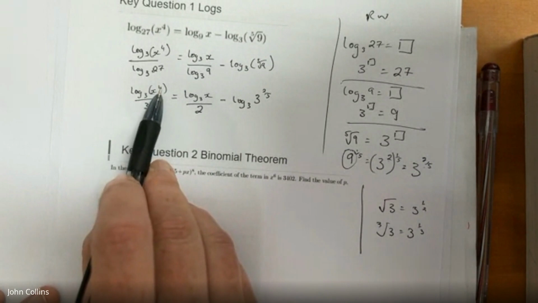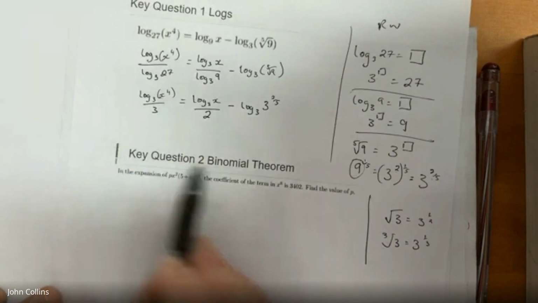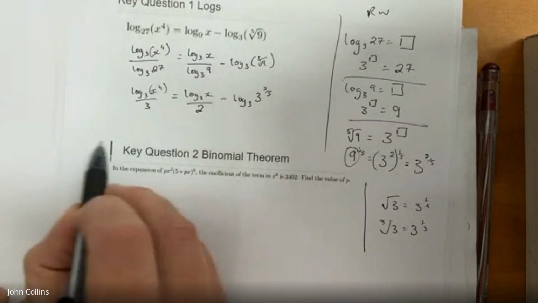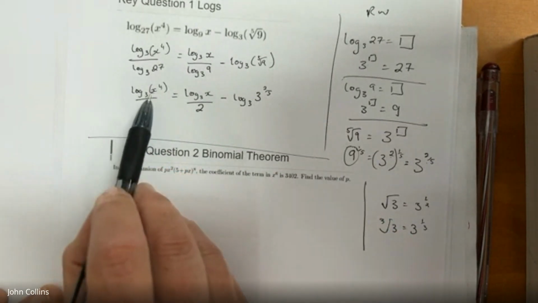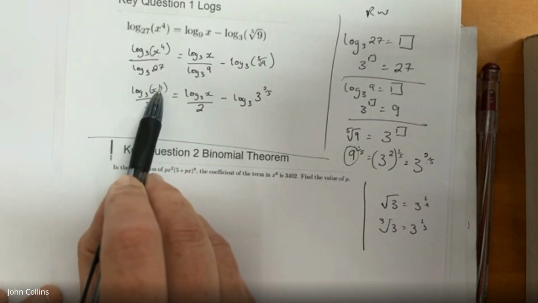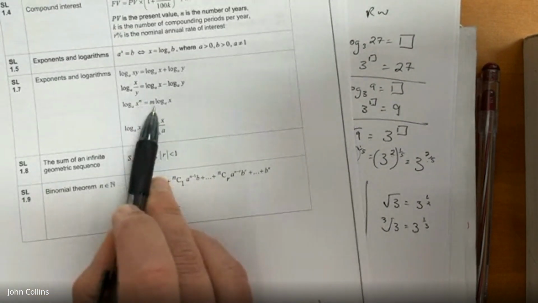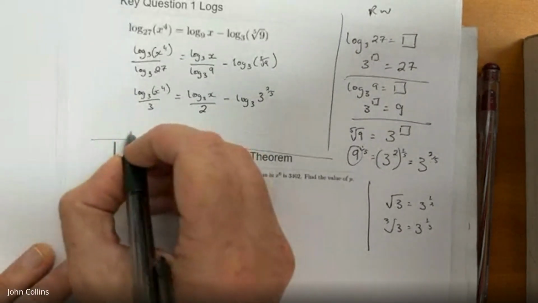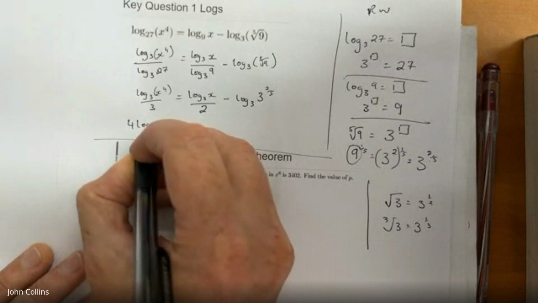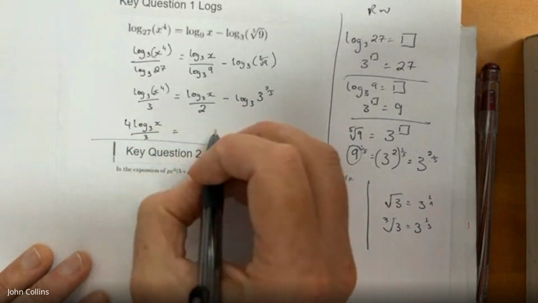This 4 is probably my next port of call. I'm moving on to the next line. I should have given myself way more space for this question, which I'll move on to a different page in a second. But I'll just do one more line first. This 4, if you look at the third log rule, if it's a power here, it comes down in front. Remember that one? Okay, so that 4 in my next line is going to come down in front. I'm going to write 4 log base 3 of x over 3 is equal to,